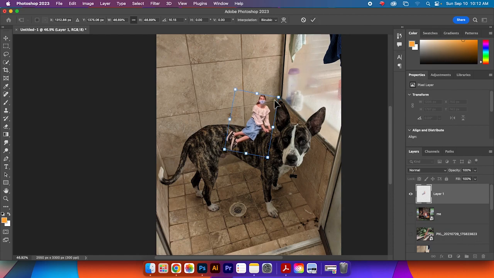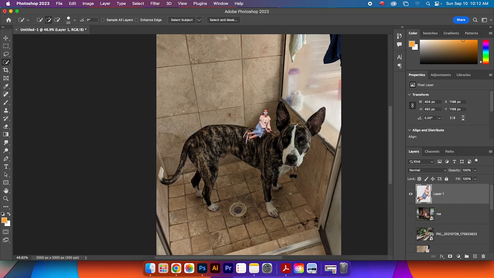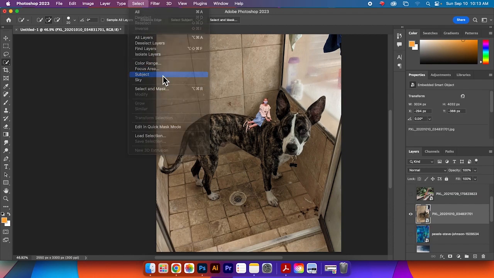I think that's a little too far rotated. There we go. A little bit smaller. I was real small in this. Okay. All right. So that's me. I'm real tiny. I'm on my dog's back. Select subject,